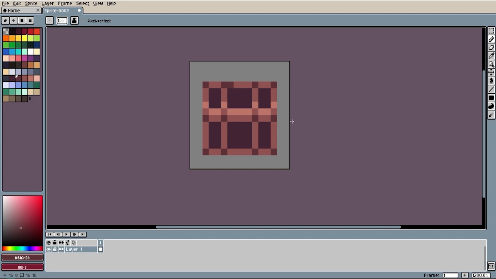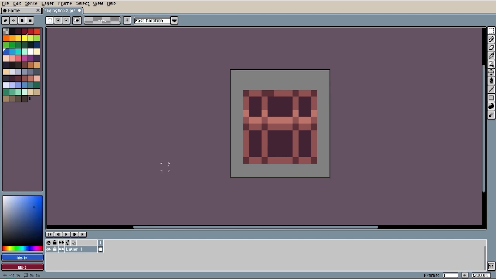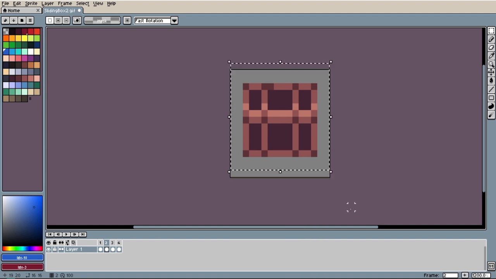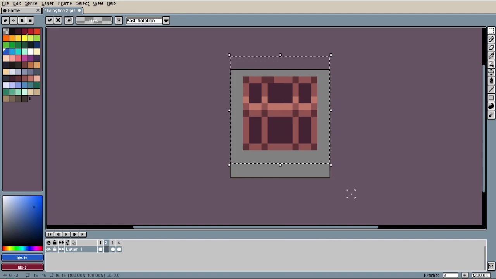Okay, perfect. So I have my little wooden crate here, but we're going to be moving it up and down. There is one thing that I am going to be doing a little bit differently, which we'll see in a second. But we're just going to create a 4-frame loop. So I'll click Alt-N 3 times so we can have 4 frames. I'm going to come over to this second tab here, select my box, and I'm actually going to move this up 2 pixels. And the reason that we're doing that is we want to create a little bit more motion